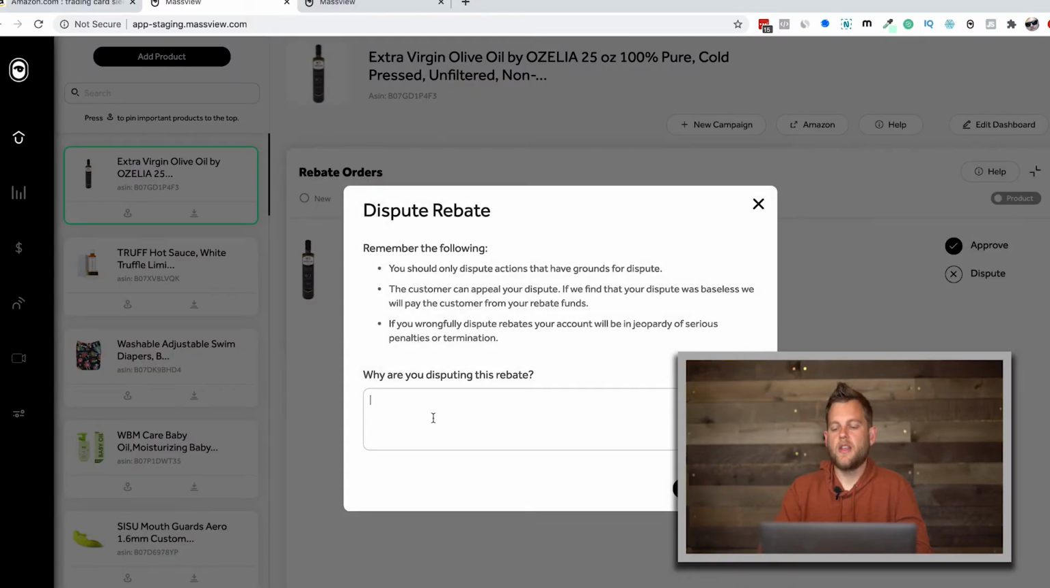Or they're supposed to do a video, they didn't do the right video. Or they're supposed to share it on social media and they didn't. Something like that. Those are the reasons why you could dispute the action. And so when you dispute it, you click here, you tell them why you're disputing it, and then this message